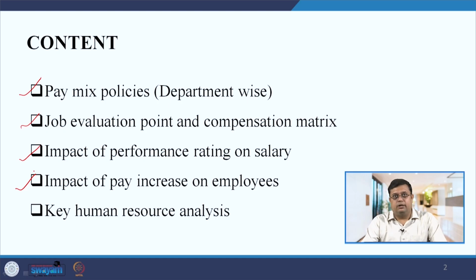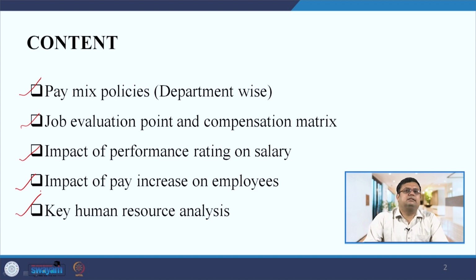Right? That is what we will do. Next, based on this compensation, we will try to understand who is the key human resource within the organization. For example, in any academic institute, faculty members are the key human resource. If the key human resource are underpaid as compared to other jobs available in the academic institute, this may be a problem within the organization, because you are saying the worth of that person is very high, but the payment that you are giving is not aligned with the worth of the job, then it could be a problem in the future. So, that is the concept we will also understand.